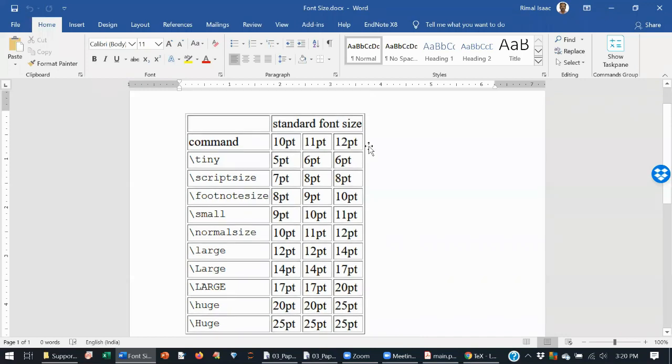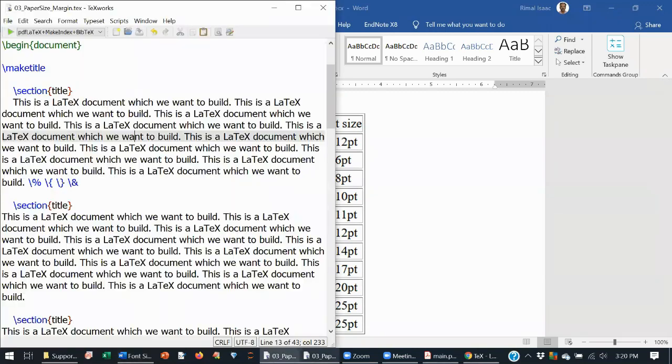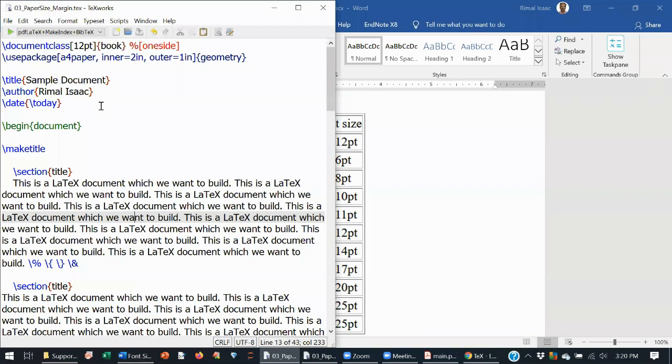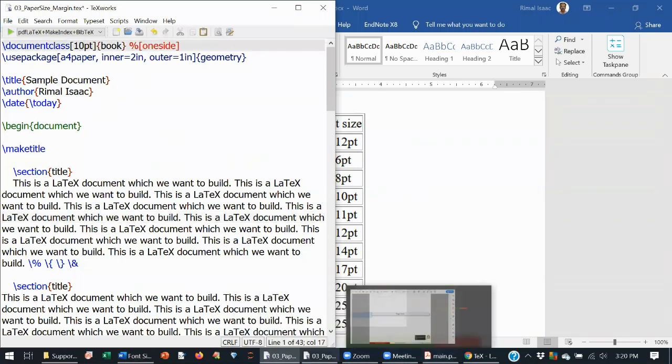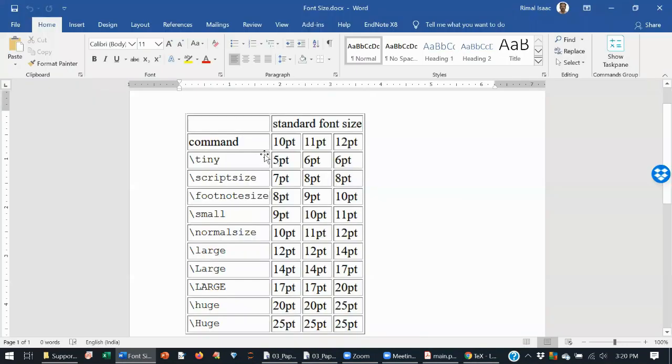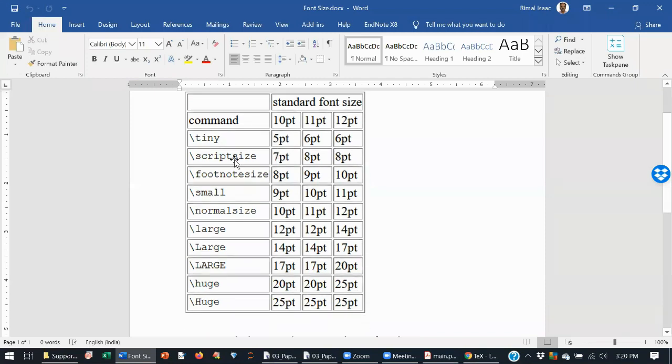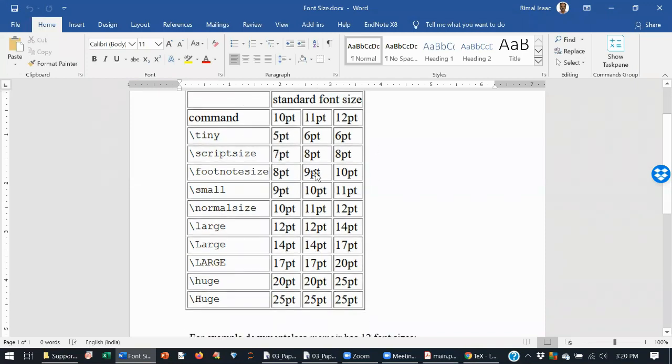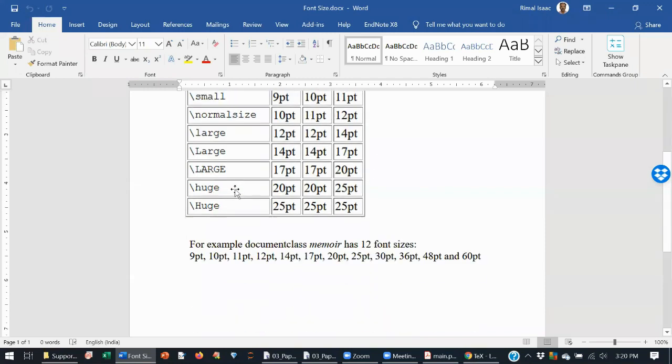If your document font size is set to 10 point for the whole document, and for a particular section you give tiny, then it will be 5 point. So this is the conversion table which LaTeX people use in creating documents.